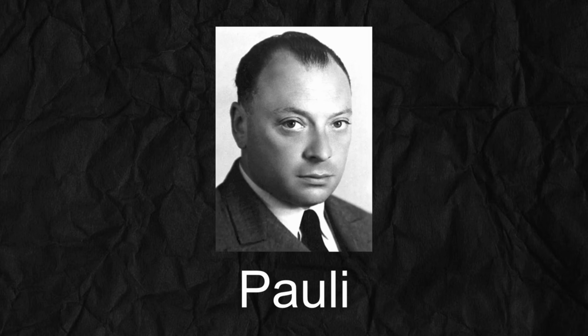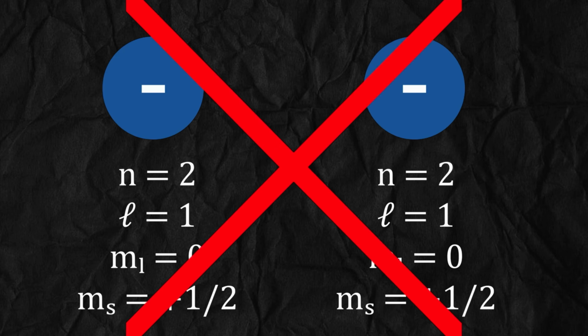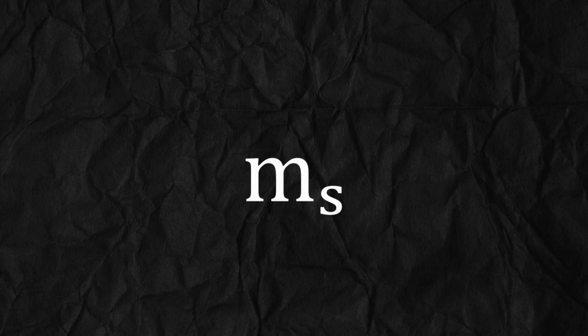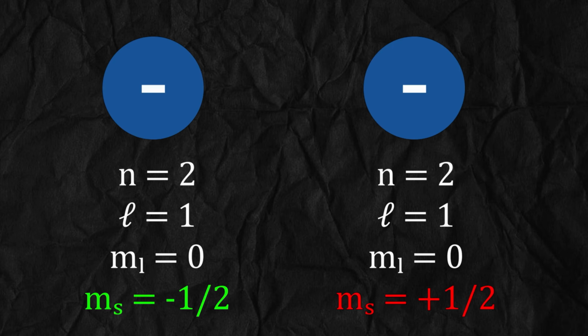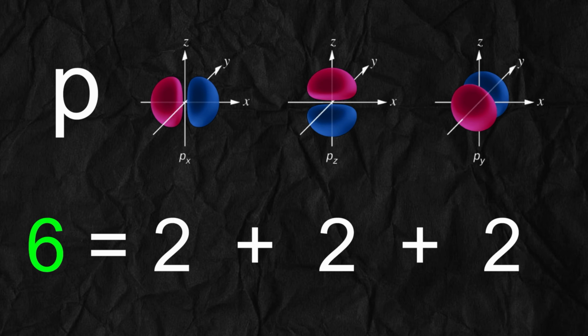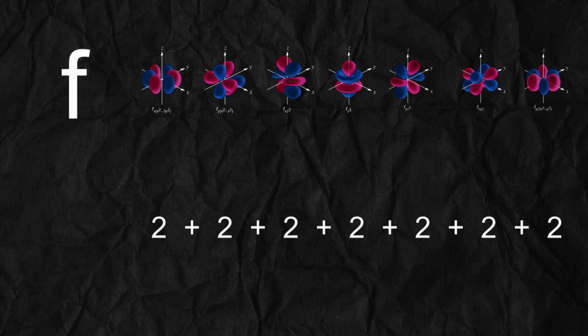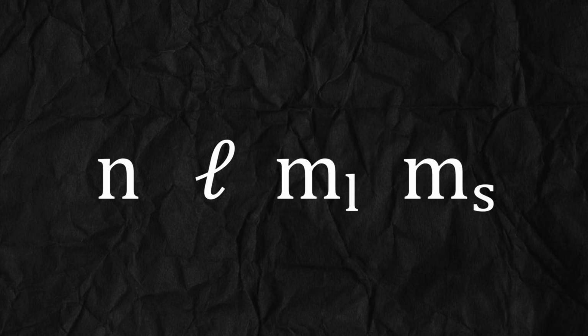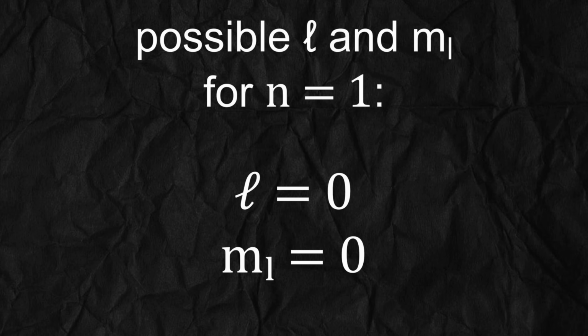Some guy named Pauli said 2 electrons can never have the exact same quantum numbers inside one atom. Since ms can only have 2 values, every orbital defined by n, l, and ml can hold a maximum of 2 electrons with opposite spin. Therefore, the s subshell can hold 2 electrons, the p subshell can hold 6, d can hold 10, and f can hold 14. Now, the quantum numbers restrain each other like this, which means that the first shell can only